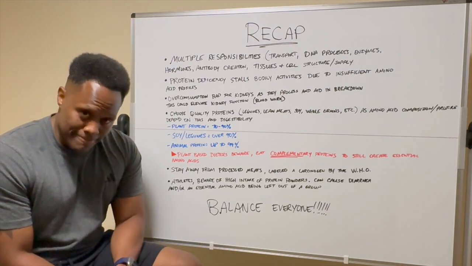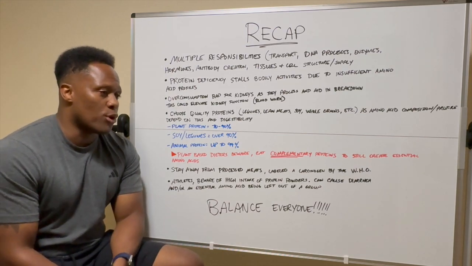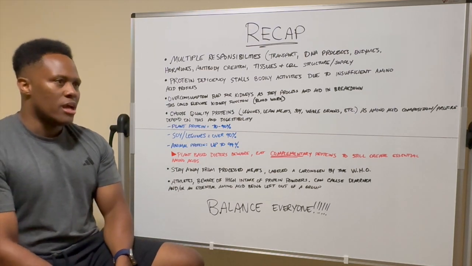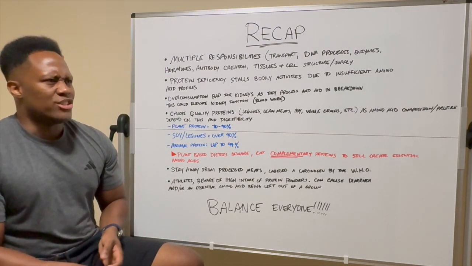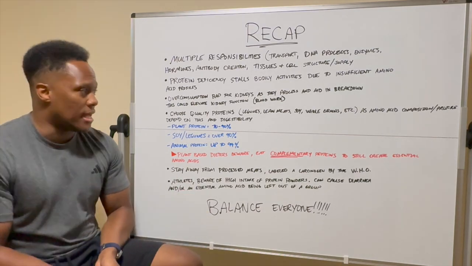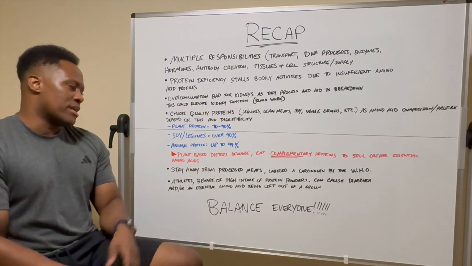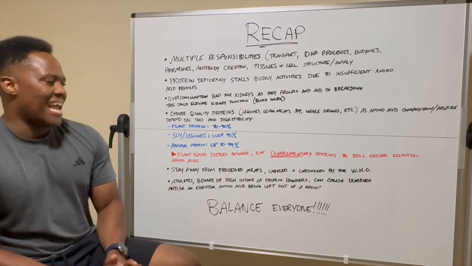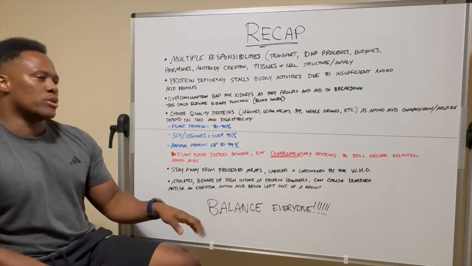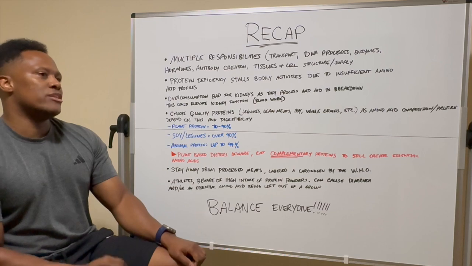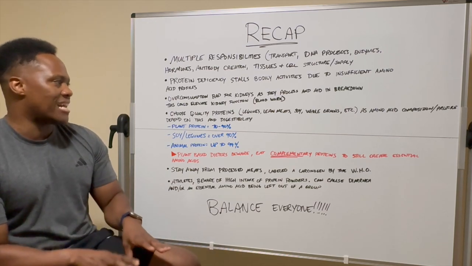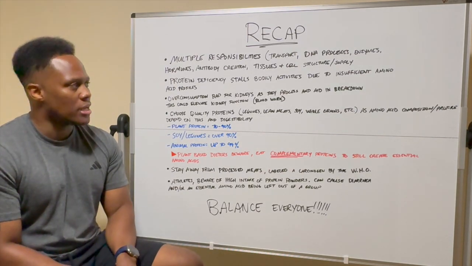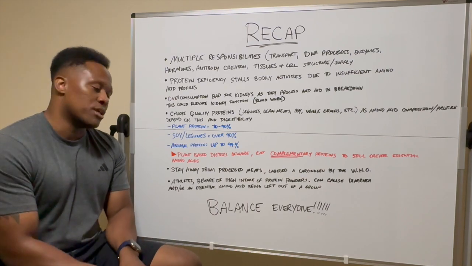All right, balance, everyone. So that's basically it. I spoke about the 80-20 rule that circulates in the fitness industry in my last video. About 80% whole foods, grains, veggies, fruits, lean meats, stuff like that, okay? And then 20% saturated fats or trans fats, things that are higher in sodium, right? That's the 80-20 rule, okay? You want to try to limit as much saturated and trans fats as humanly possible. Items that are high in sodium, items that are high in sugars, specifically refined sugars and added sugars. That's what you want to try to limit as much as possible.